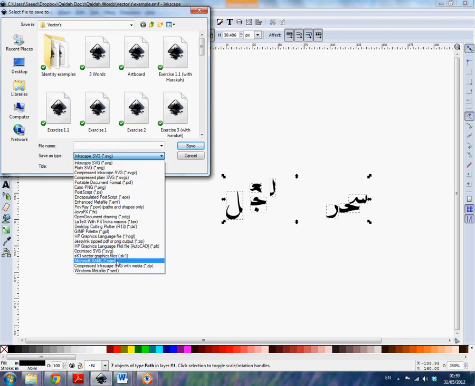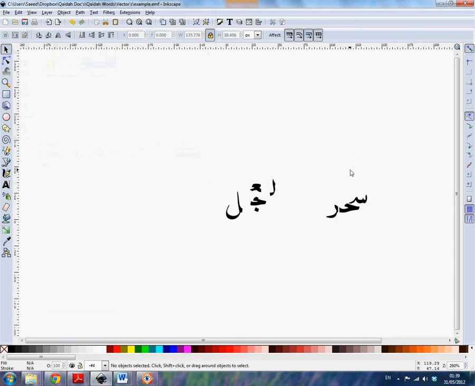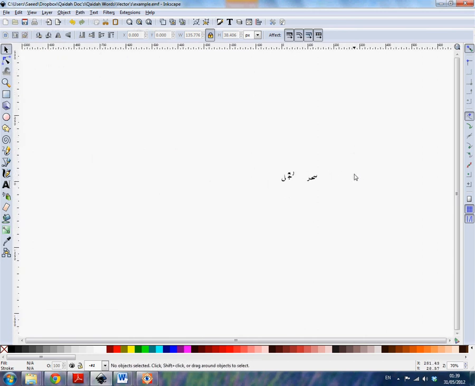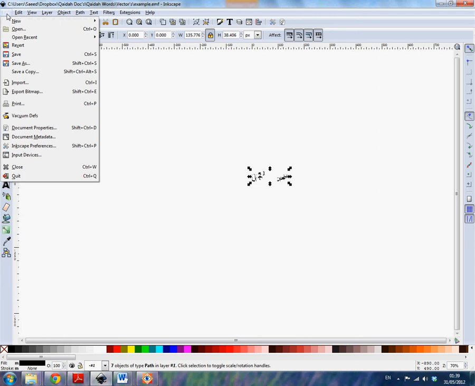From all of these file types, only a couple of them, EMF and maybe WMF, are the ones that Microsoft Word accepts. So what you need to do is save them as one of them. Now the one I use is Enhanced Metafile, EMF. One thing to do before that is, usually Inkscape has a large background, or the page is very large, so we want to make the page just as big as the graphics. If you highlight all the graphics and go to Document Properties,